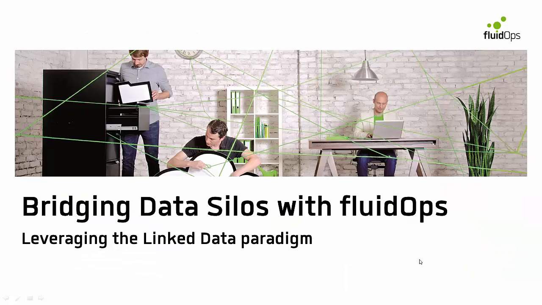Let's have a look at what the system architecture of the FluidOps products, namely the Information Workbench, looks like and how it leverages linked data to integrate information in your enterprise. So we start out with a single information source, a relational database in this case, which is accessed from the platform, let's say using SQL and JDBC, for instance. This information out of the database, like we've shown in the slides before, is then converted to a graph forming a number of triples,